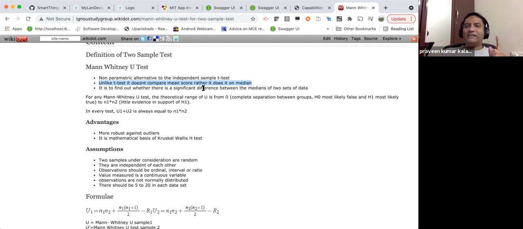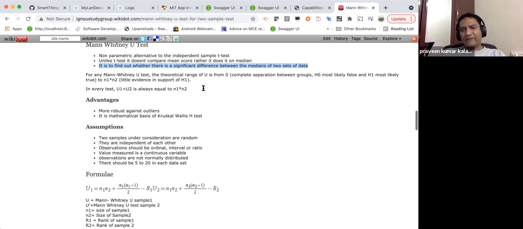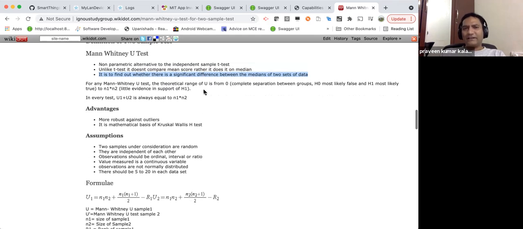Okay, so that is what this statement really means. You will just find out whether the difference between the medians is a significant difference or not. That is what the entire thing is about. But the way that you calculate it is a little different. We'll come to that calculation, how we calculate it. It is a very, very simple algorithm, a very simple thing to calculate as well.